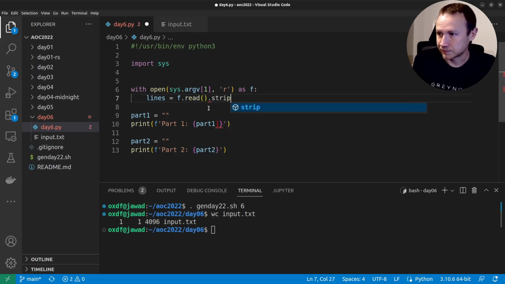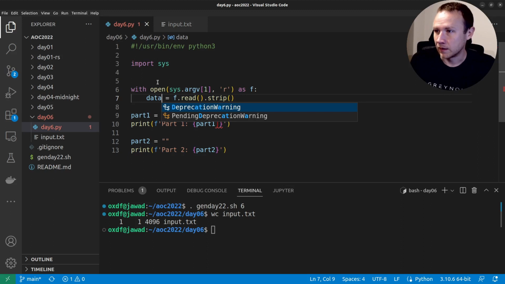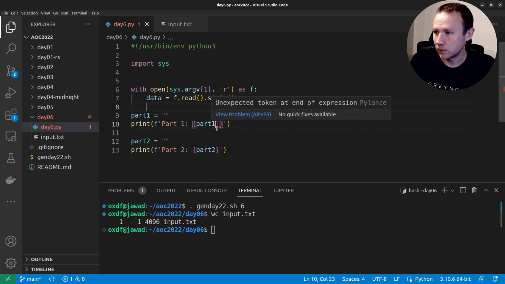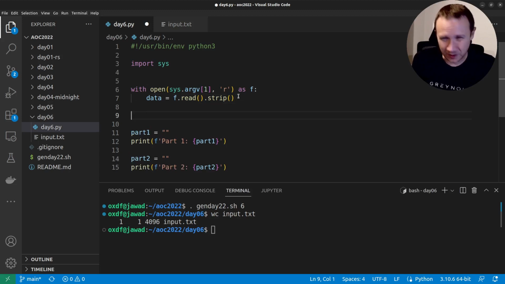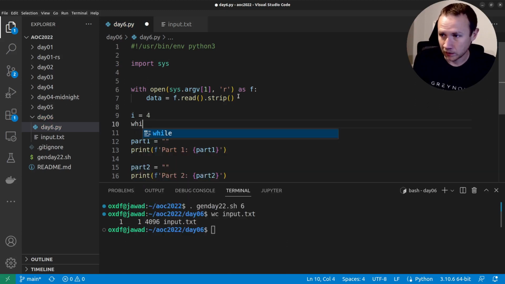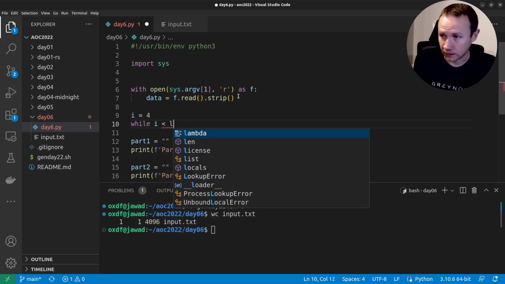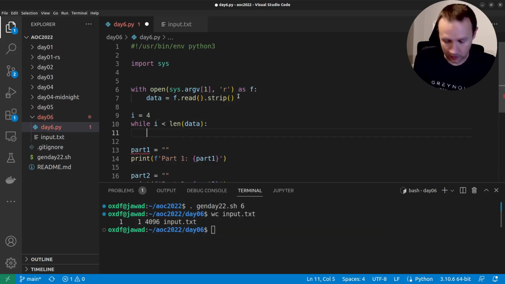Let's read it in as just one thing, not as an array of lines, and we'll call it data. And then we will start to deal with it. So how are we going to do this? I'm just going to loop over it. I'm going to say i equals 4, and we'll say while i is less than len of data, because we don't want to go beyond that, we can say if data sub i minus 4 comma i